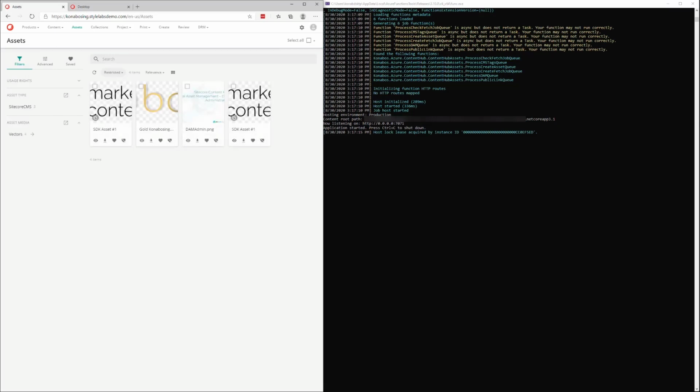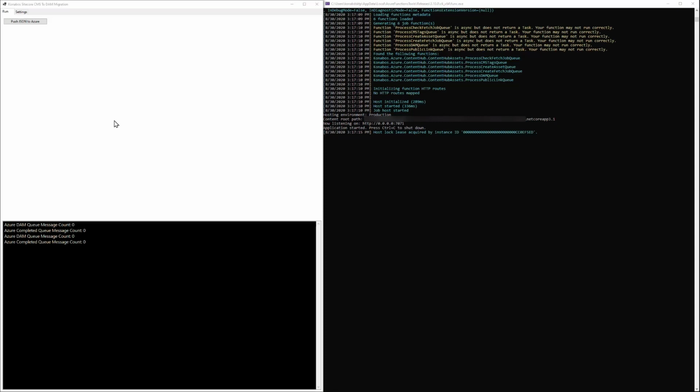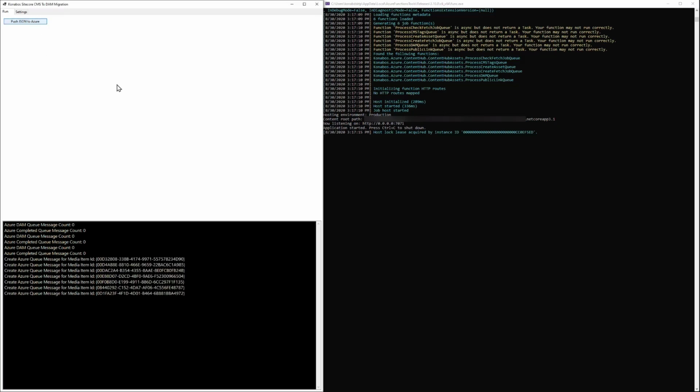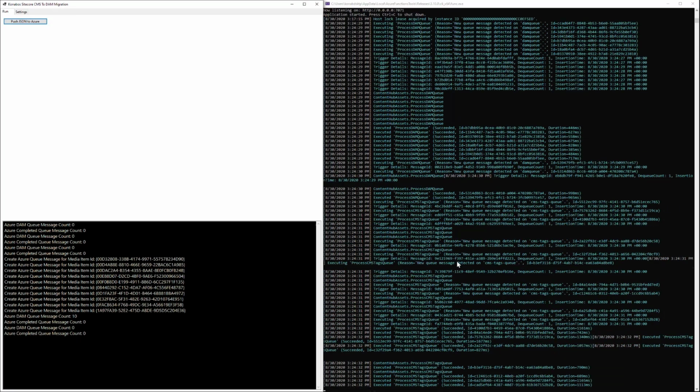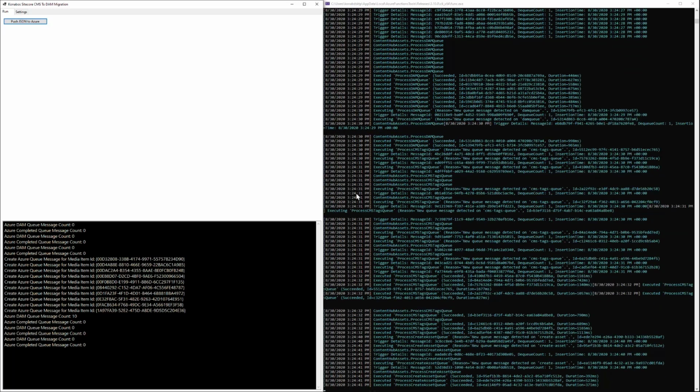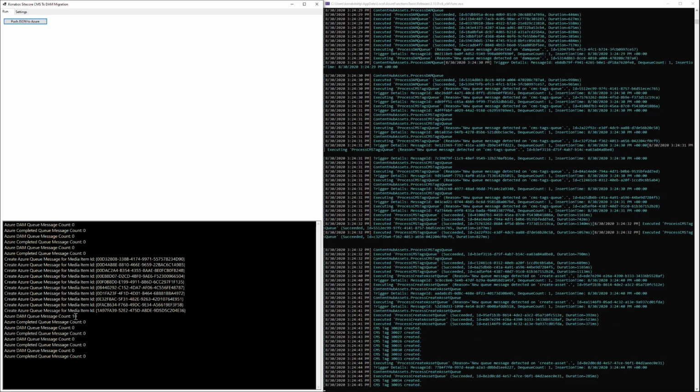Yep, and then we have our .NET Core app on the left, which is responsible for pulling things and pushing things. So let's go ahead and push. If I push the messages, what you should see is we push 10 messages, we got the messages, and on the right, we're going to go through a lot of process of pushing messages from one queue to another and essentially processing everything. So as you can see, now the queue is 0,